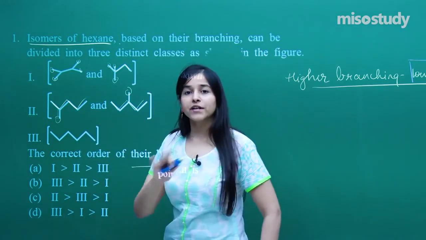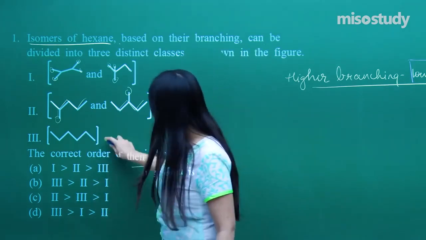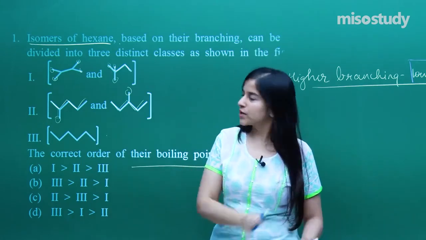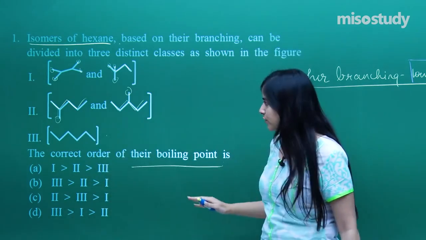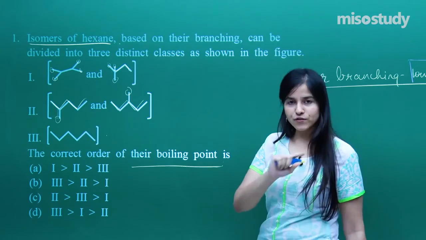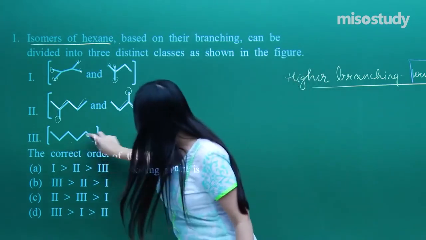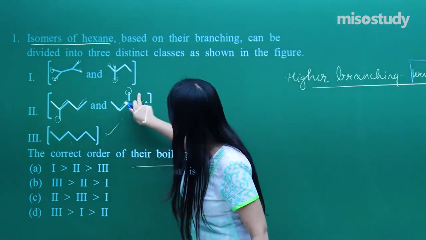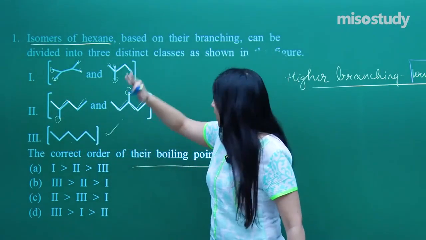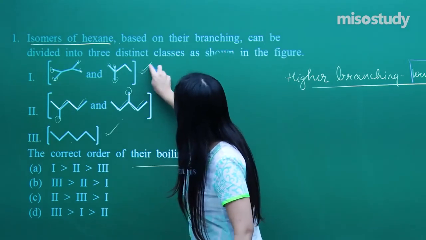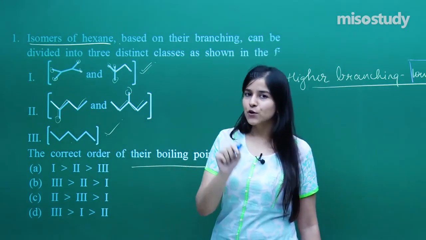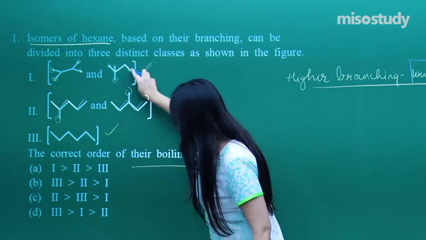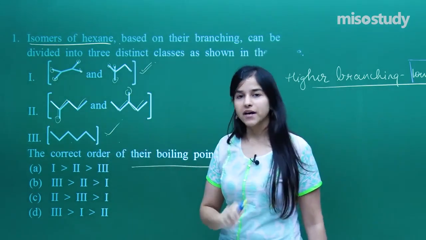Over here, I have got n-hexane. That means no branching, highest boiling point in this case. So higher the branching, lower will be the boiling point. So I need the correct order of the boiling point. Highest will be in the case of a straight chain, a linear chain, that is this very compound over here. So 3 followed by 2 having few branches, but having maximum branches is this very compound. That means it will be having the lowest boiling point. So 3 followed by 2 followed by 1, 3, 2, 1. I have got my answer over here.